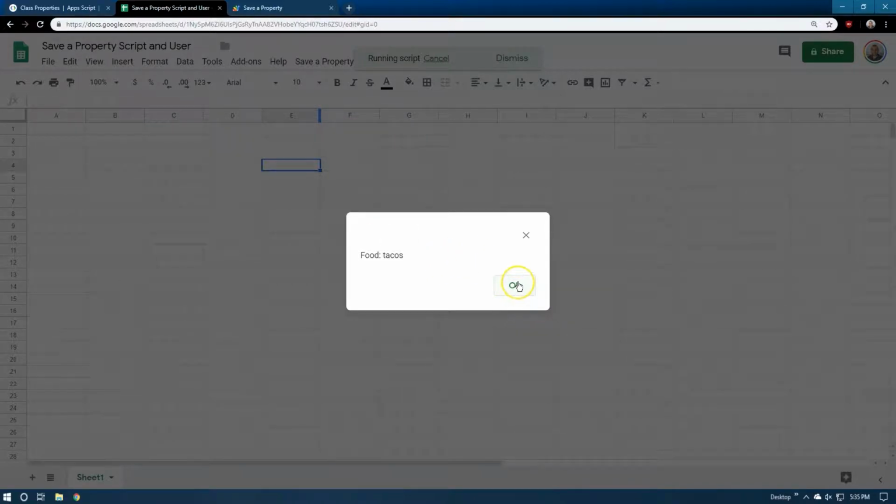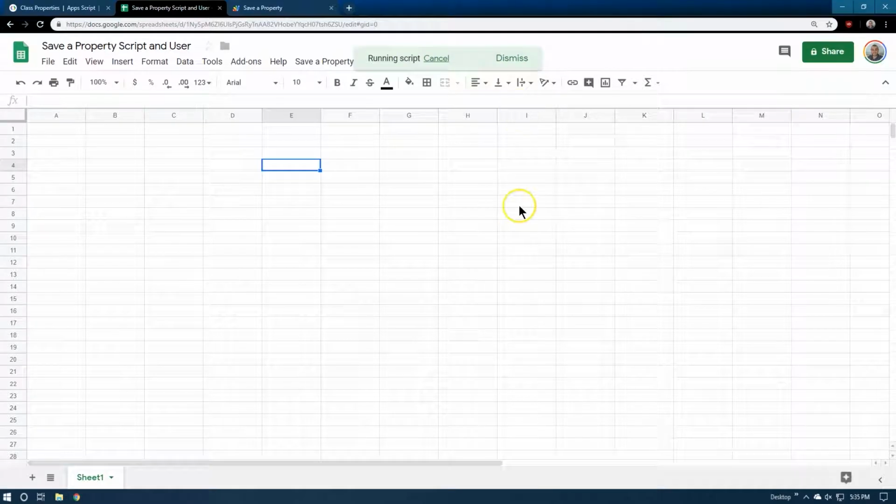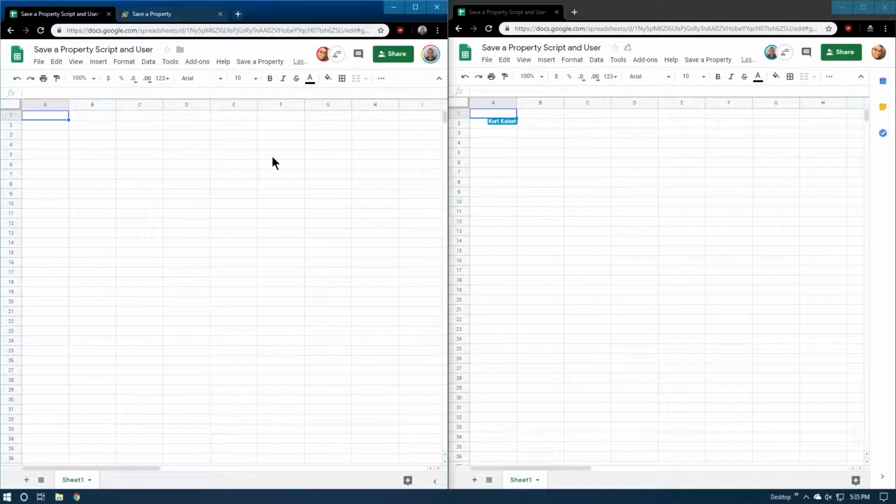So we have two properties that are saved that we can reference, that we can use for the all-important question of what favorite taco color do you have? What's your favorite taco color? But here's the big difference between these two. So I'm going to switch windows and then, well, I'm going to show you. And through the magic of video, ta-da, I have split my screen. All right, so now I have two windows of Chrome open. And in this window, I'm logged into a different Gmail account, right? I have two. It's kind of my junk email account, whatever. I shared the spreadsheet with my other account to show you what is